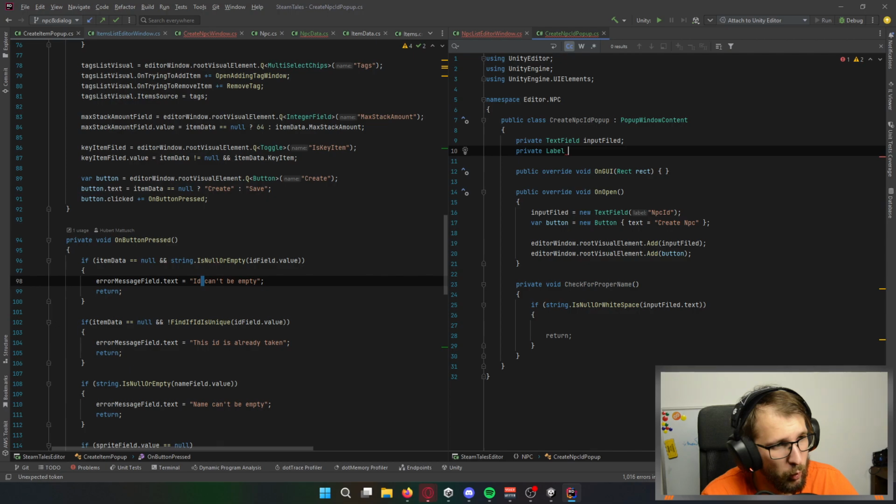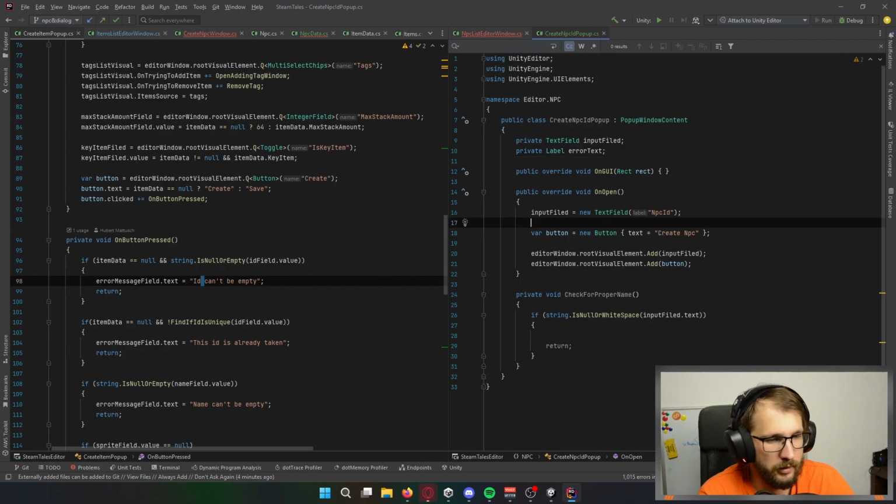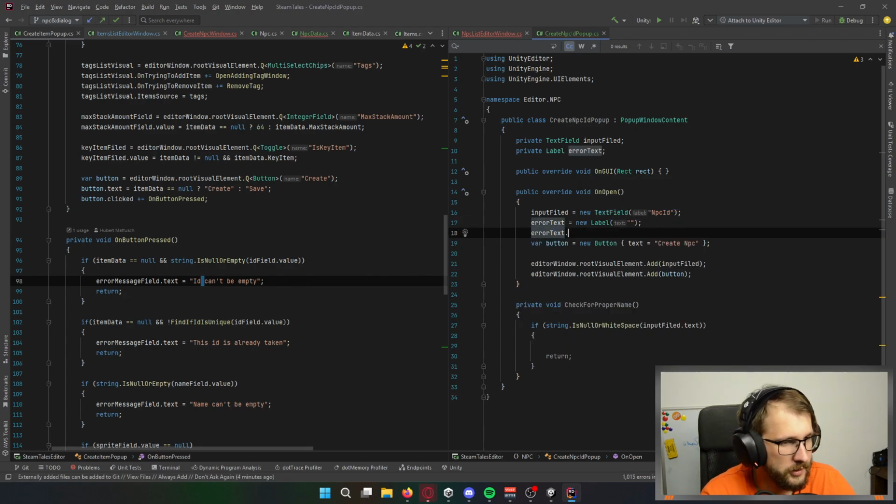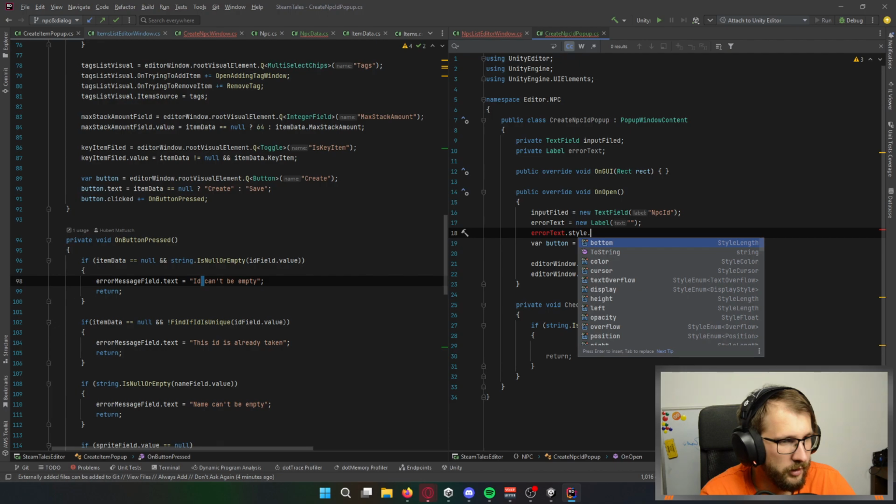This label will be called errorText. This errorText is of course a new label that has empty text, but I want this style.